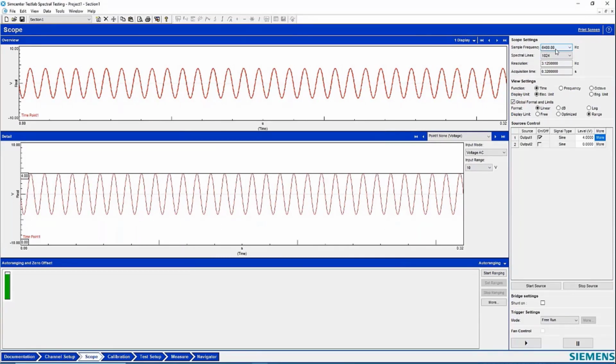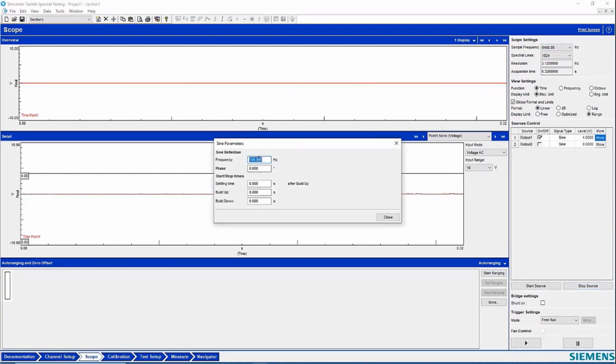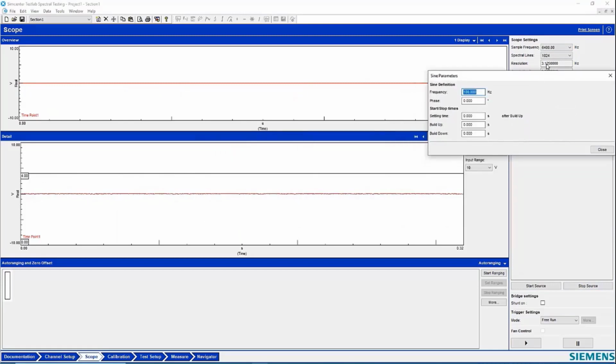6,400 samples per second. A lot of people will say hertz, and that's not really the frequency of the sine wave we're looking at. It's really 6,400 data points per second. And I purposely made the sine wave 100 hertz. So if I'm getting 6,400 samples in a second and 100 cycles in a second, so it's a 100 hertz sine wave, how many samples per cycle of that sine wave am I getting, Charles?